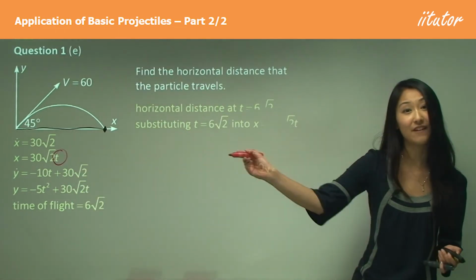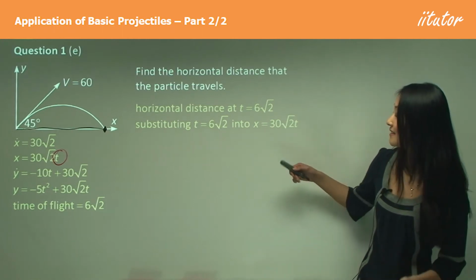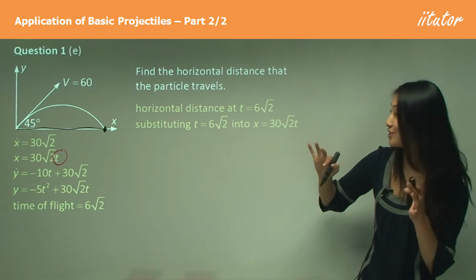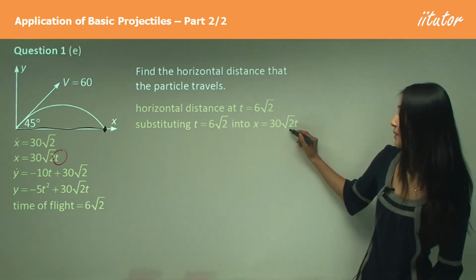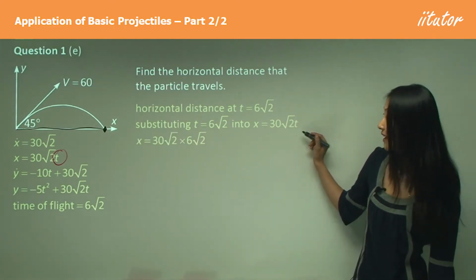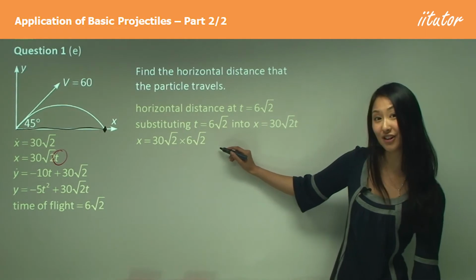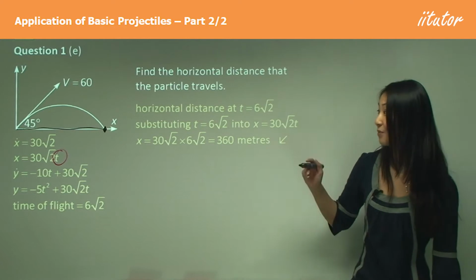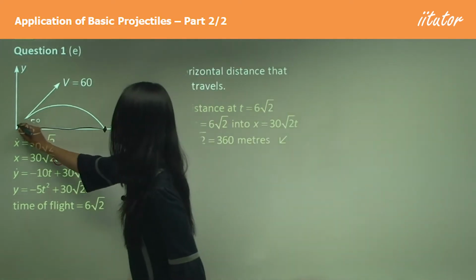It's the only thing that varies. The distance is just the time of flight. So literally all you do is just substitute it in. You have 30 square root 2 t multiplied by 6 square root 2, like that, and that just equals 360 meters. So what we've worked out, that distance there is